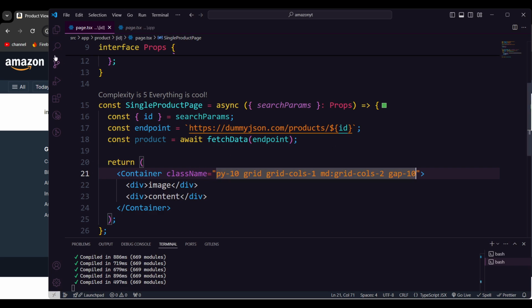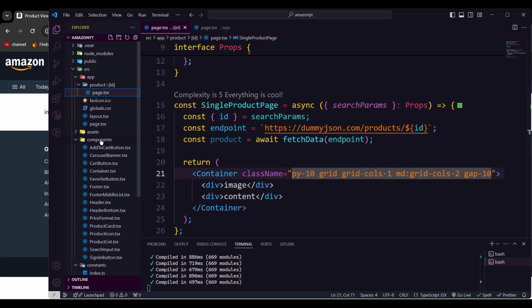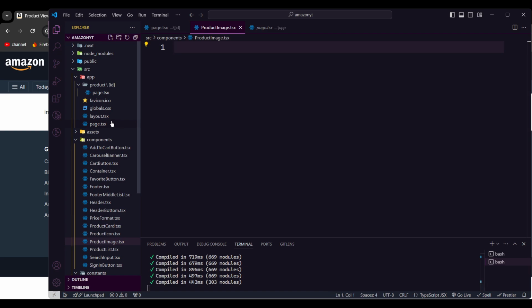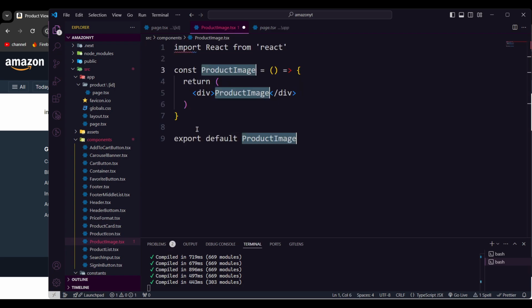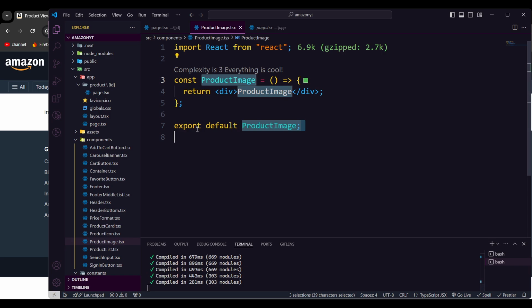So now first thing first, let's go and create a separate file here. We're going to call it product image.tsx. And why are we doing that? As you may remember, we need to make a clickable function in the image. Once we click any of the images, the selected image should be selected, others should be unselected, and we need to create a separate scenario by which we need to use the use client